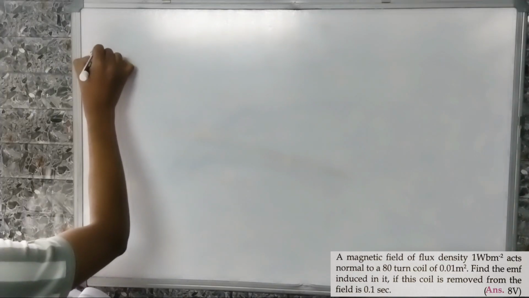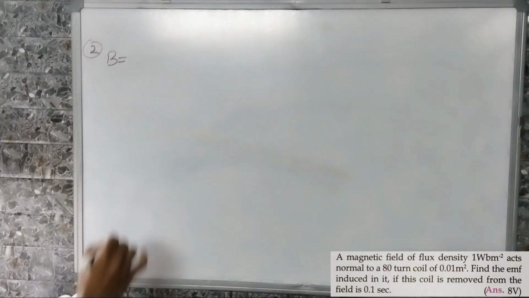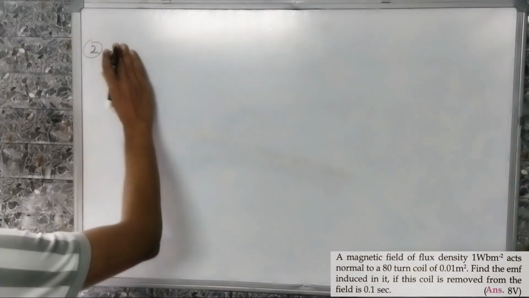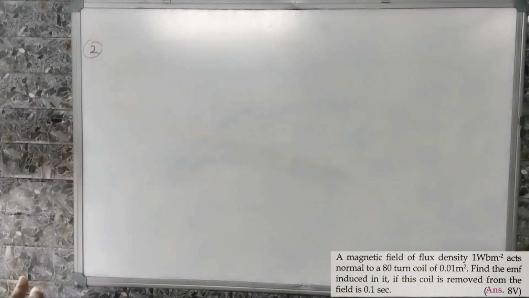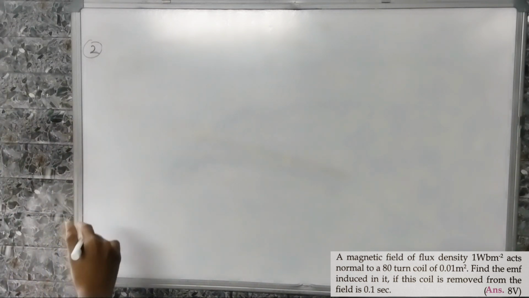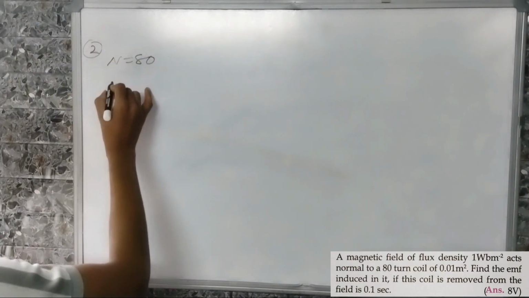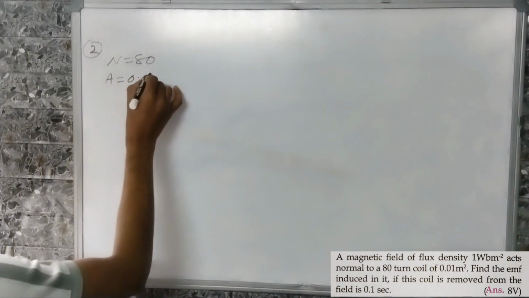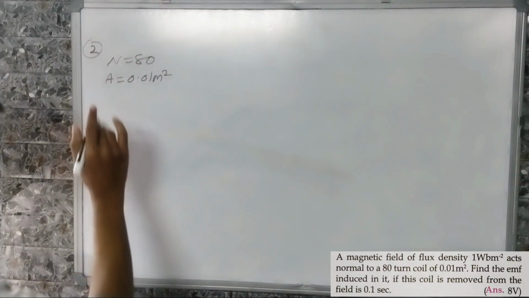is magnetic field is 1 Weber per meter square acts normal to a 80 turn coil of कितना 0.01 meter square. ठीक है। So here given is n is equal to 80. ठीक है। और area is 0.01 meter square. So EMF is and given is